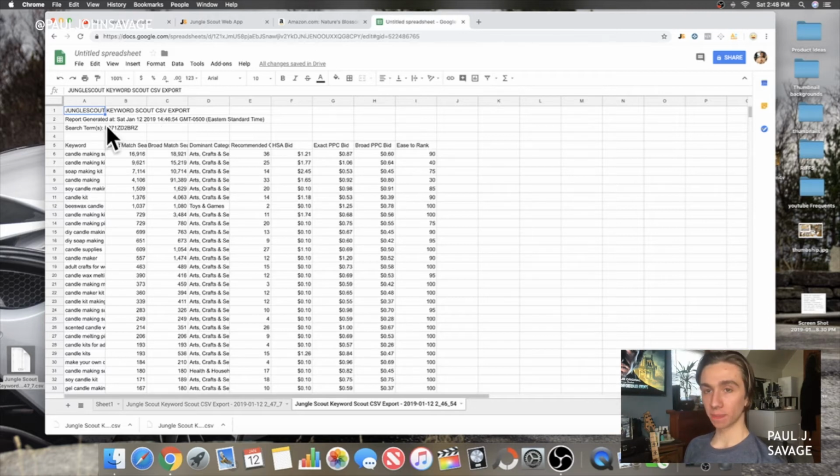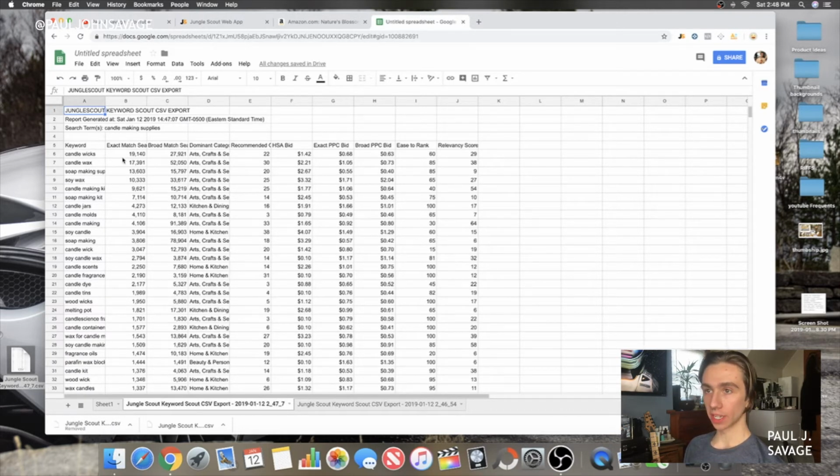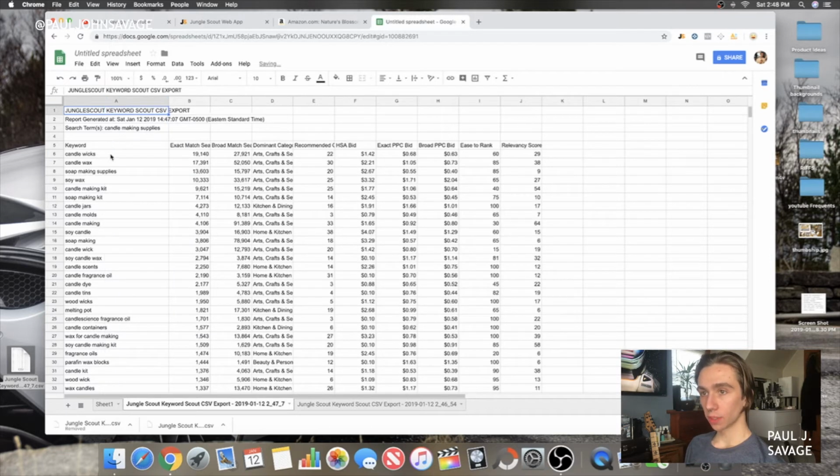So look, search terms, that was the ASIN. So this is everything that the number one listing is ranking for. And you can do this with like three ASINs, the top three ASINs and the top keyword. So what we'll do is we'll go like this, and this is candle making supplies. It says it right here. What you're gonna do is grab all of these keywords,